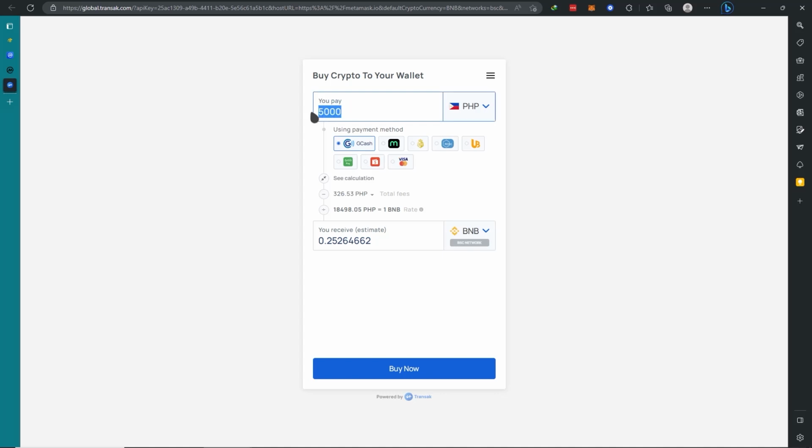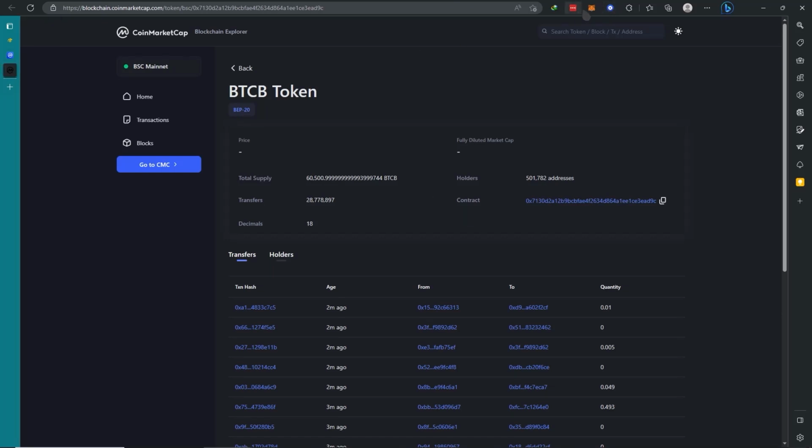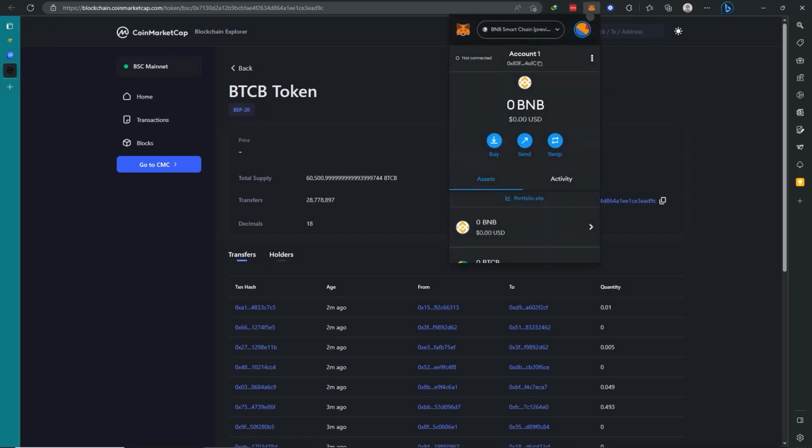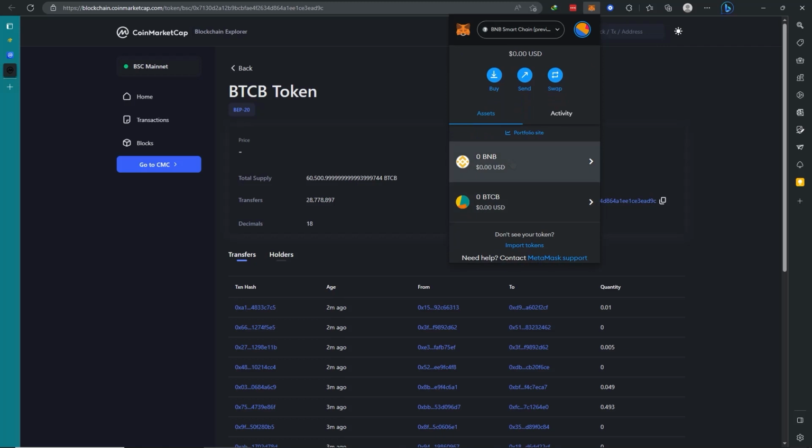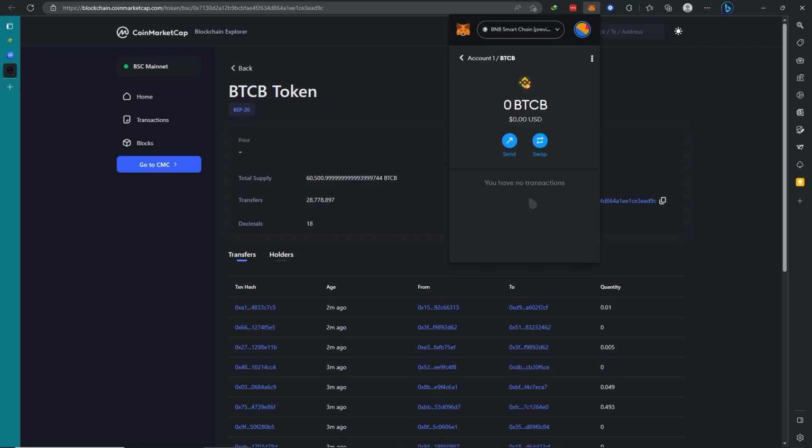Then you want to indicate the amount that you want to get or you want to pay, and here is the amount that you will receive in BNB. So all you have to do is select your preferred method and then click on buy now. And after BNB has been added to your MetaMask, it will be really easy. After you click buy now, it will take about 5 minutes for it to transfer here. And once it has shown up here, you may now go right here on Bitcoin